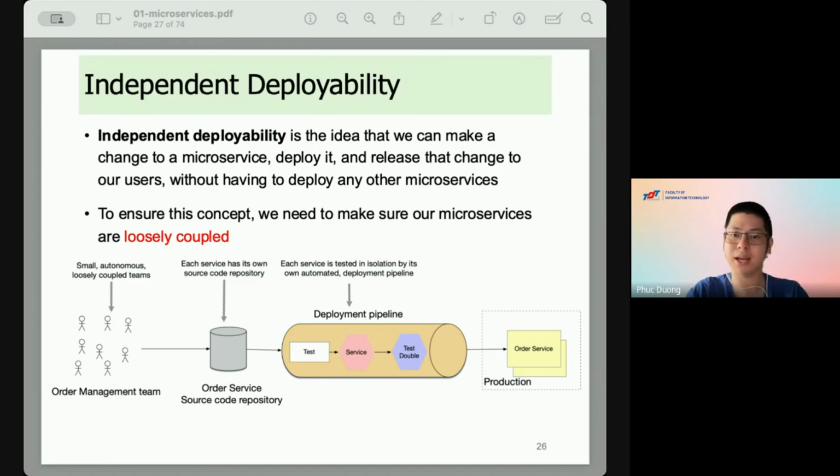As I said, what is especially problematic in a microservice architecture is having a shared database for all the microservices, and this design does not satisfy the concept of independent reliability.